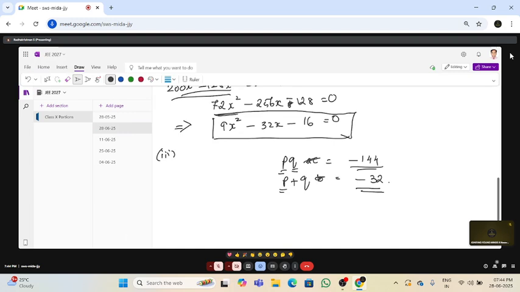Okay, so 144 is 36 into 4. Therefore, this is minus 36 and 4. Okay, minus 36 into 4 is minus 144. Minus 36 plus 4 is minus 32. Therefore,